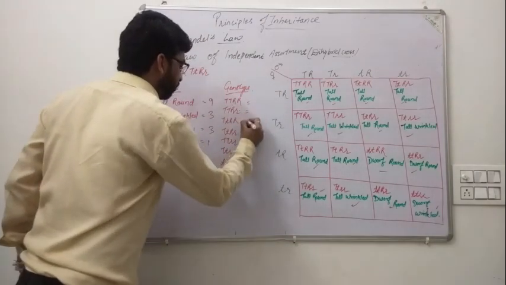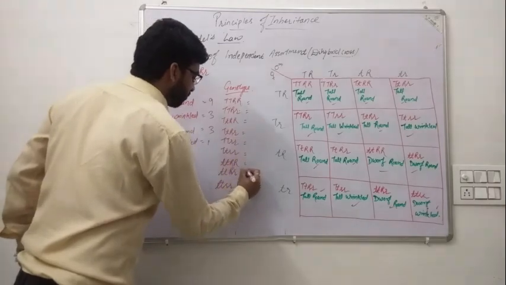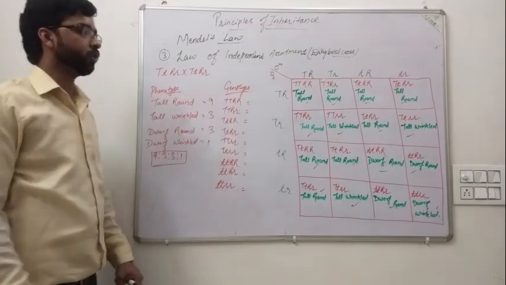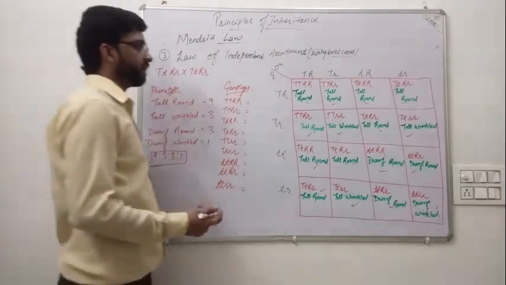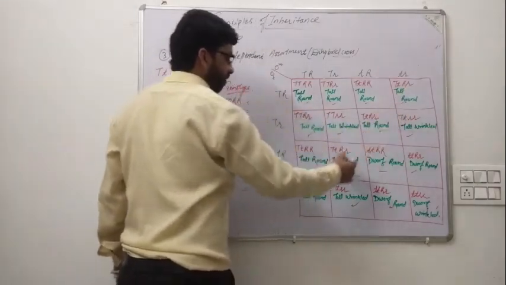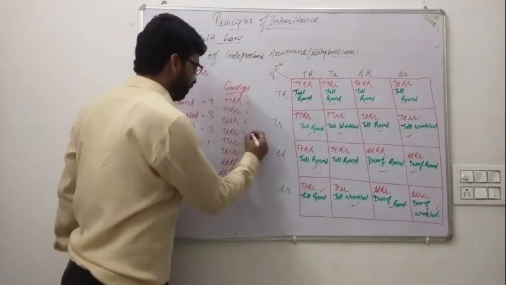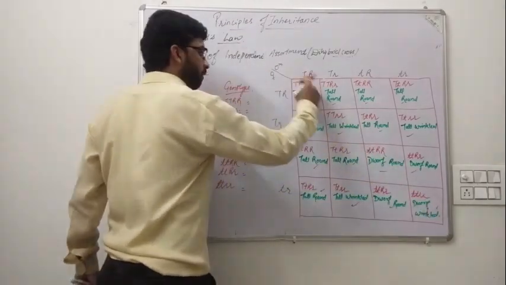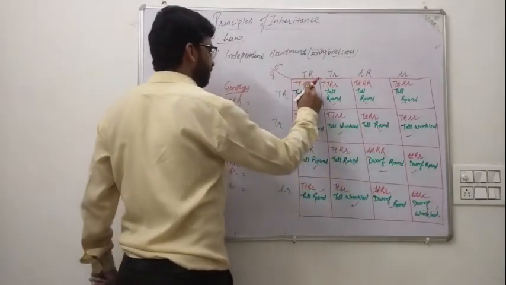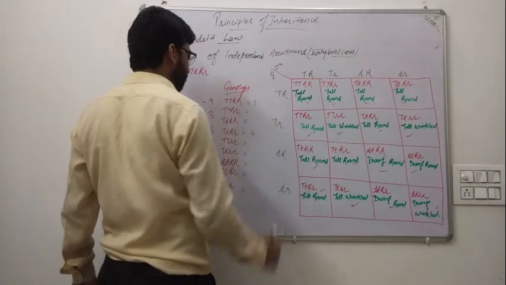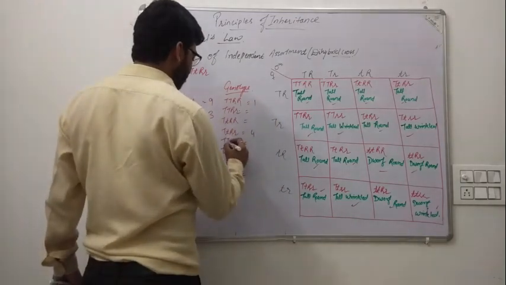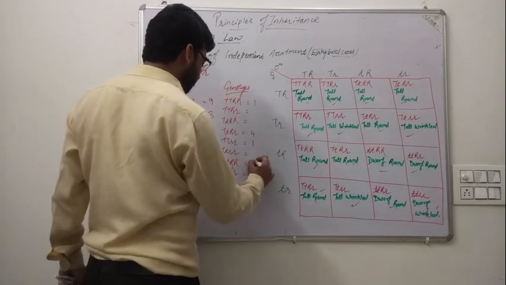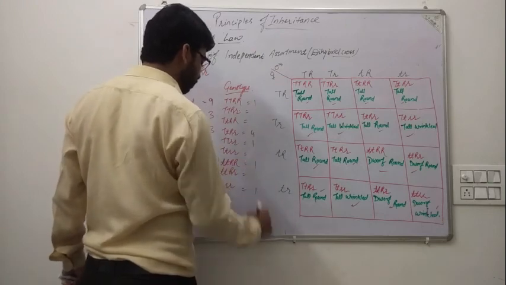Now calculate the ratio. First of all, you can tally all of these, or use a short trick. The short trick is that this diagonal has the four single ones, so write down 1 in front of these four. All are singles: capital T capital R capital T capital R is 1, capital T small r is 1, small t capital R is 1, small t small r is 1.